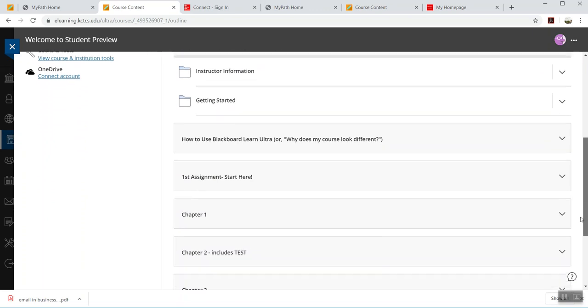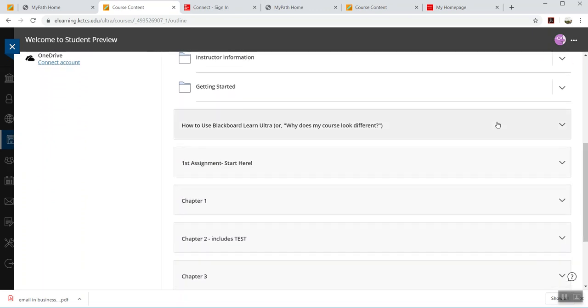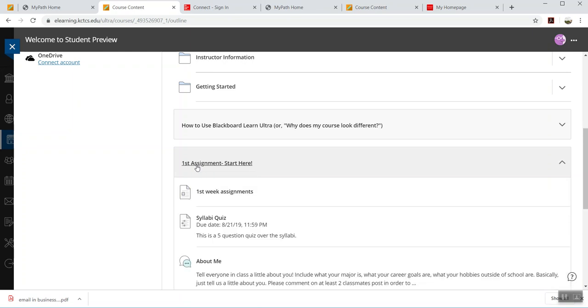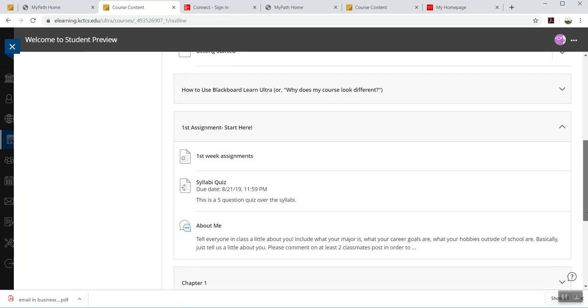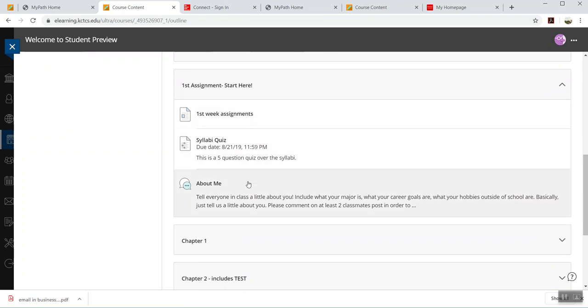Now let's look at the different modules. First one, there's one here in gray that tells you about how to use Blackboard Ultra. And then the first assignments for this week, it says first assignment, start here. We're going to click on it. Notice it gives each individual item broken down, but the way Blackboard Ultra works is you click on the first one,